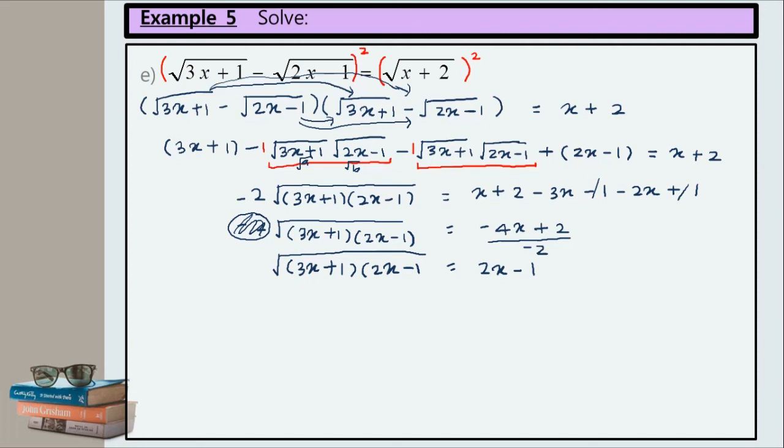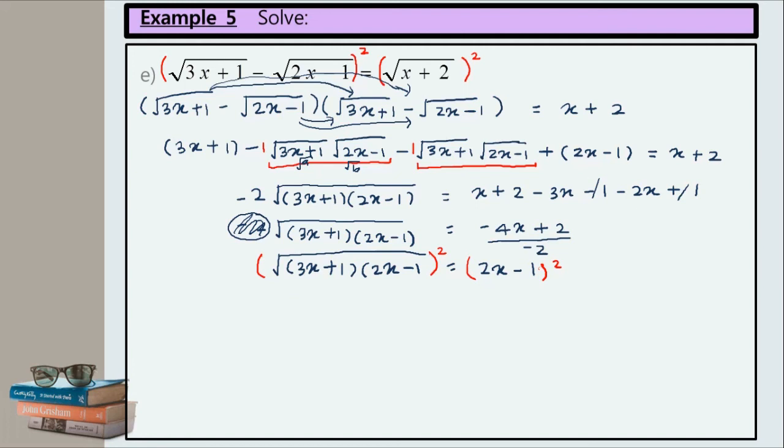As you can see here on the left hand side, okay, we still have surd. We still have a surd. So when we still have a surd, we cannot solve. So how to remove the surd? Yes, again we need to square both sides. Square both sides. Okay, since we have only one surd on the left side, it will just disappear the surd